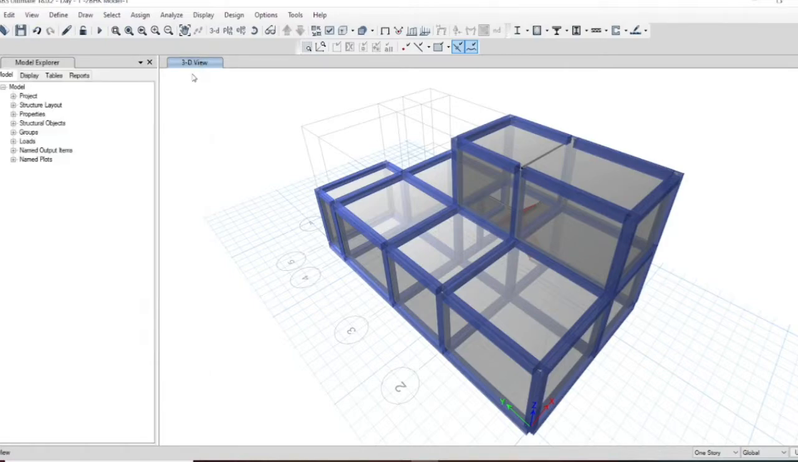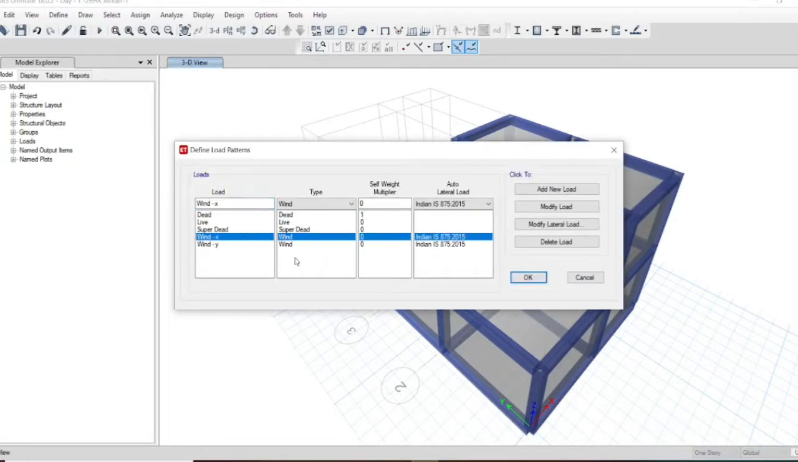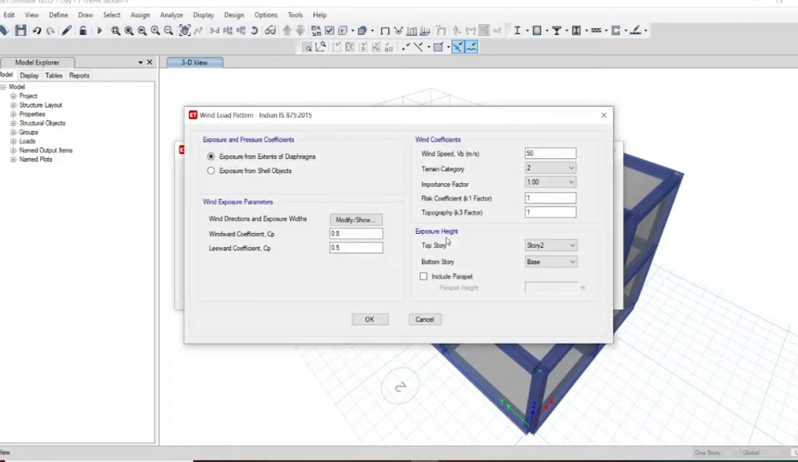Okay, now let us apply the wind force. We have to define, yes, we have taken wind in x direction, we have to modify load. Yes, now we got wind load. So the exposure from extents of diaphragms or exposure from the effect of shell objects, you can do in 2 options. If you are doing it from the shell objects,